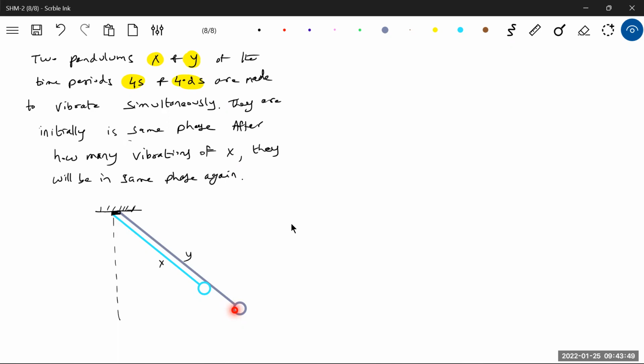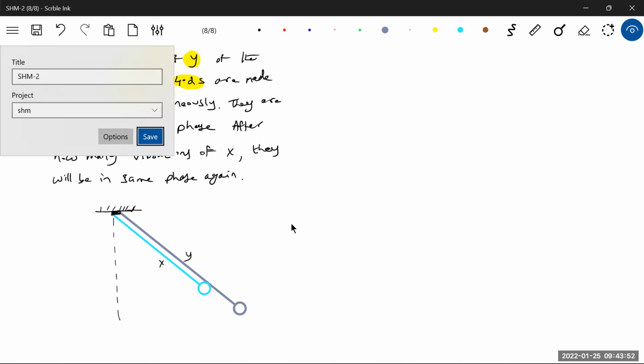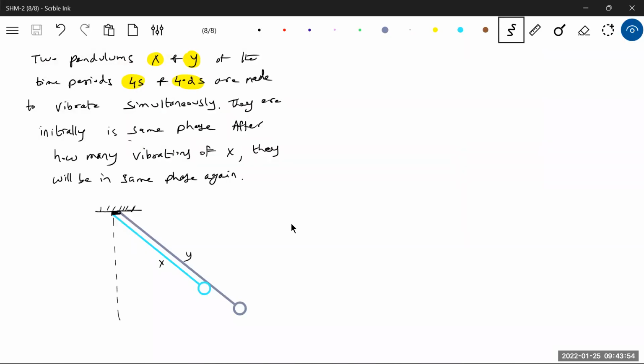How to deal with such problems? Again, they'll be in the same phase means what? Initially they're having zero phase, no? Then again they'll be in the same phase means that should be equal to 2 pi radian. So we will go for it like this, theta 1. The phase angle cannot be zero. Again they'll be in the same phase means it should become equal to 2 pi. So what is theta 1? Theta 1 should be equal to